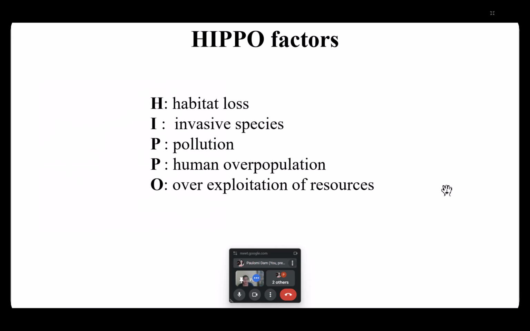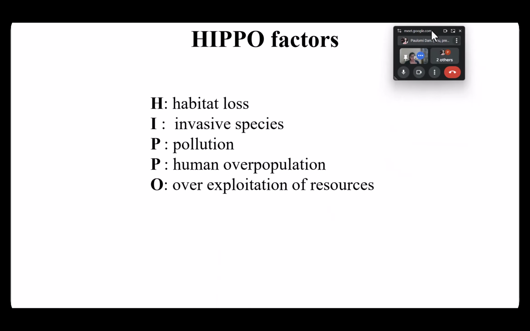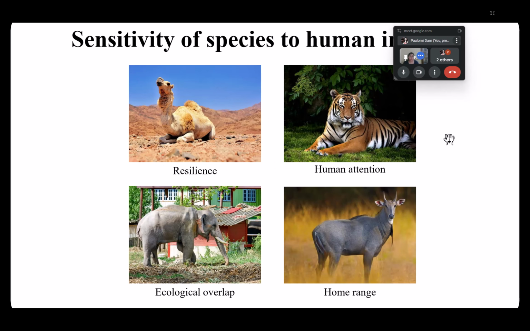Okay, now these were factors that were affecting species survival, and we have also done similar kinds of factors in the previous session, which were called the HIPPO factors. H was for habitat loss, I for invasive species, P for pollution, P for human population, and O for overexploitation. If you see HIPPO factors, or the 5 threats of biodiversity loss that we had just discussed, basically all of them try to cover the same 5 overarching themes which mainly cause problems to the biodiversity, right?